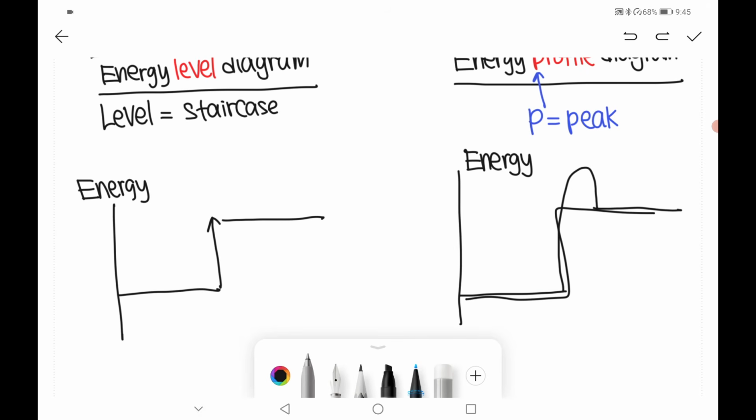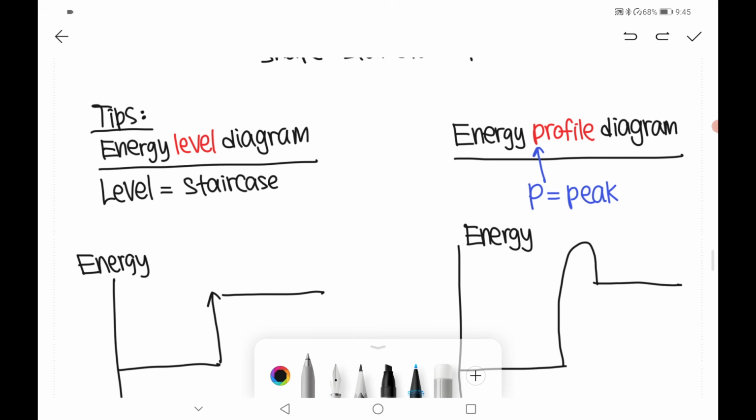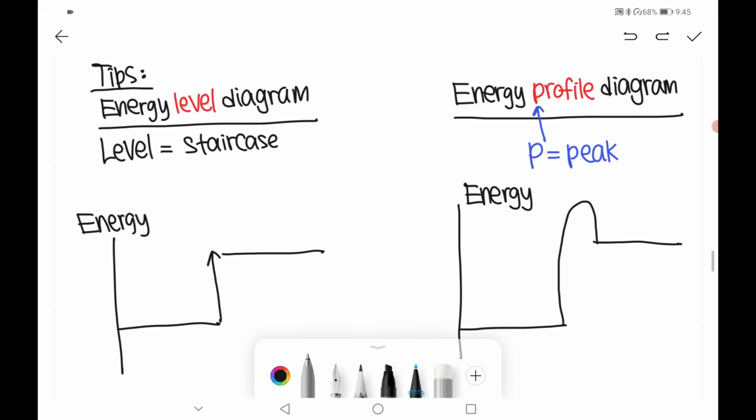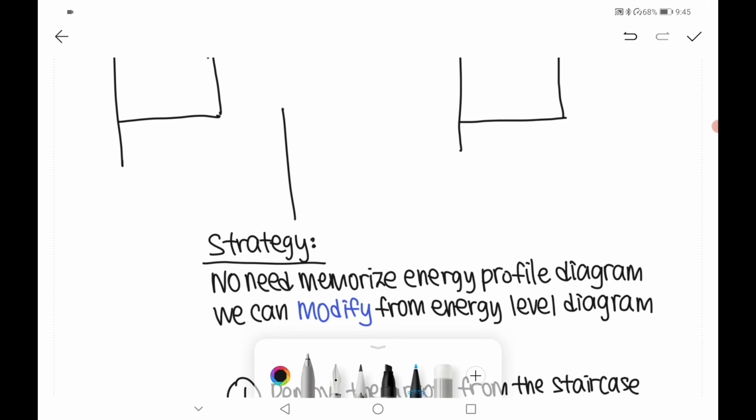You still can see the ladder, the staircase, but now you see a small mountain. You see a small mountain. This small mountain is a peak. Okay, so that's it. Make sure when you get the picture, when the picture only shows you